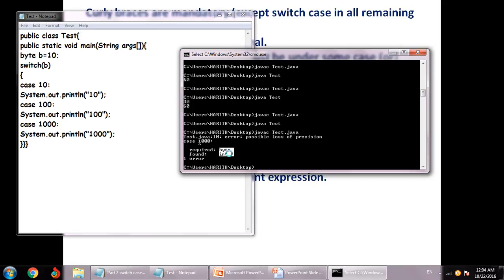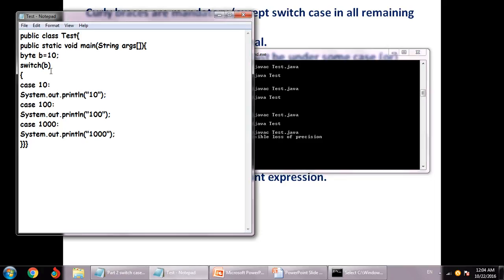See, the simple thing is over here we have a byte, and in this argument as well we have a byte. But in here this compile time constant is going to be an int, right? It's an int. So that's why it's expecting an int, and we cannot